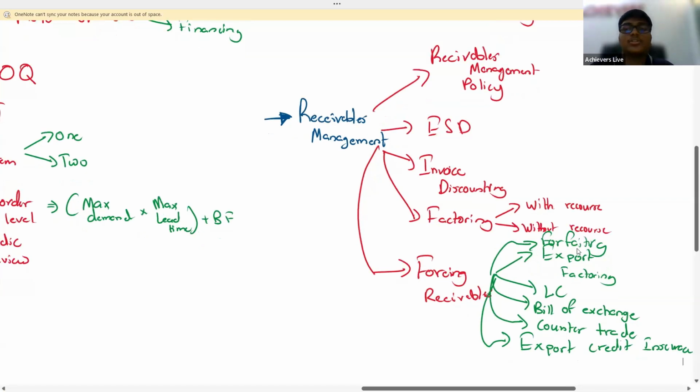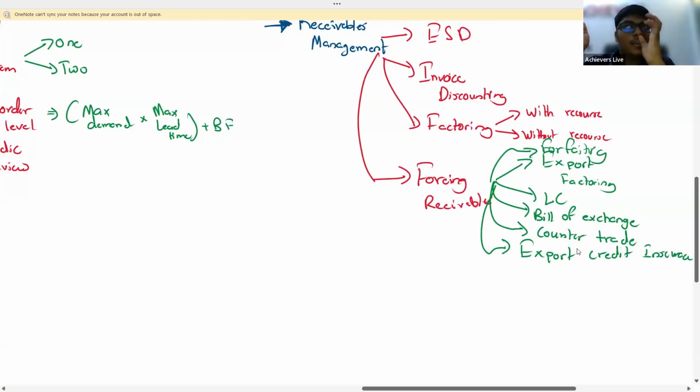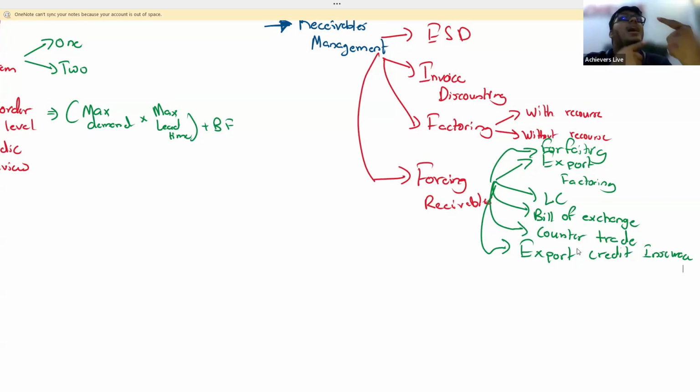So far in your exam, as far as I know, it's very rare for them to test foreign receivables management. Sometimes you might be asked to explain these foreign receivables management techniques. So at least a minimum of three techniques, you should be good with explaining. What should we do? Read the technical article, get the knowledge, be good with it. You should be able to explain. All of these areas could be Section C writing parts.